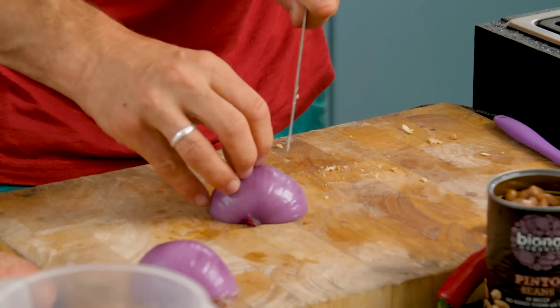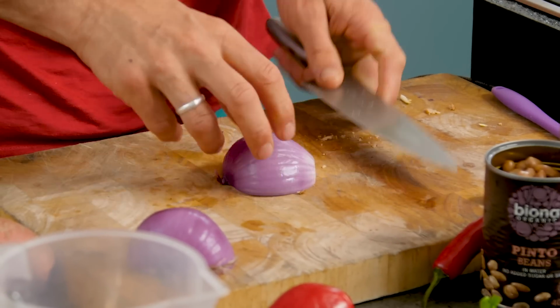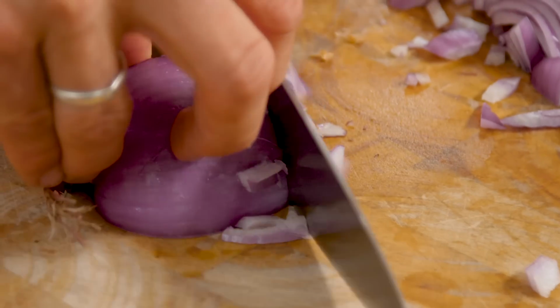Okay, next step. While they're going, I'm going to prep all our veg. The base of most traditional cooking in France would be a mirepoix. In Italian cooking, it'd be a soffritto. So I'm going to start with onion. I'm going to show you how to dice an onion without having to just go in at the side. And then we're just going to go like,